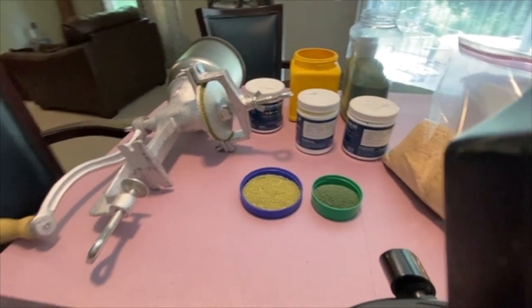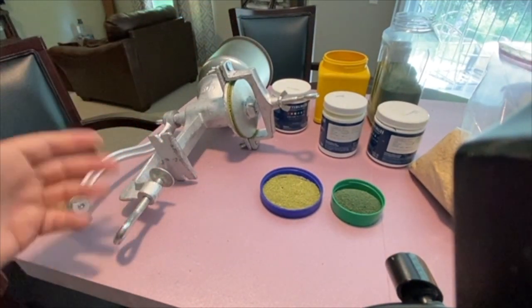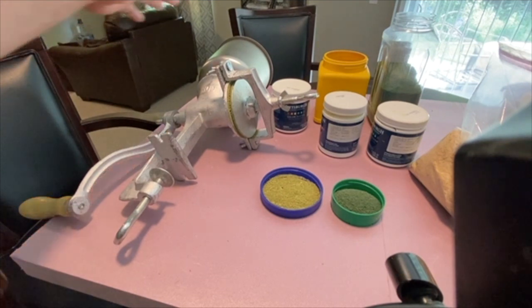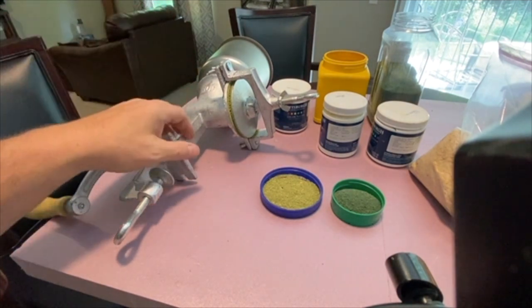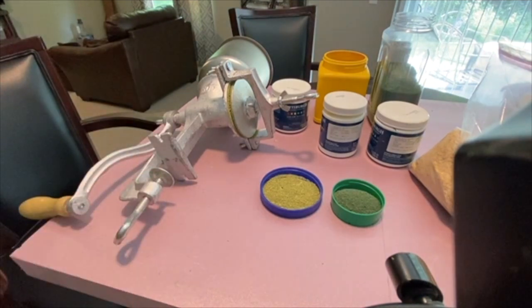Basically, here's what I start out with. This is a meat grinder. My friend's got my bench. It's a portable bench I used to grind it on. Otherwise, I would have ground some and shown it to you. But it's pretty self-explanatory. Just pour the stuff in the top, grind it, and it comes out here. You have a little bucket sitting underneath it to catch it. Then when you're done,